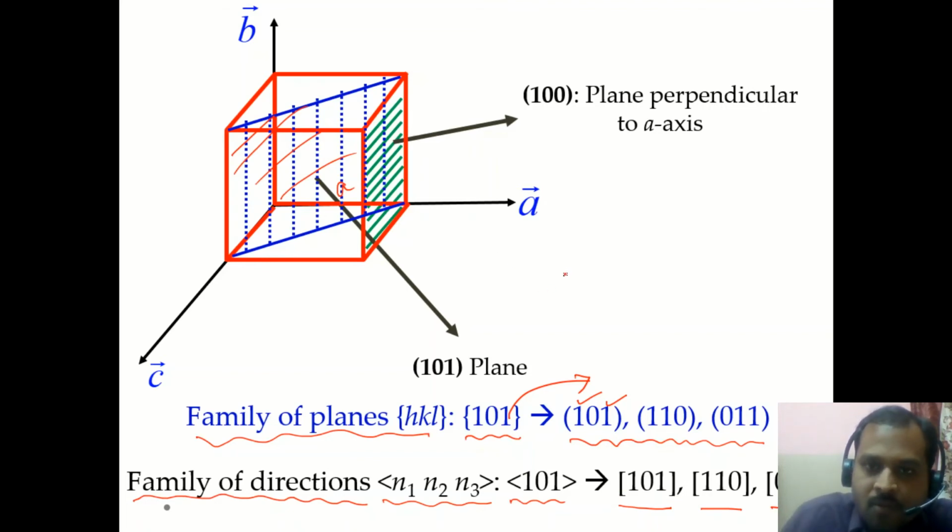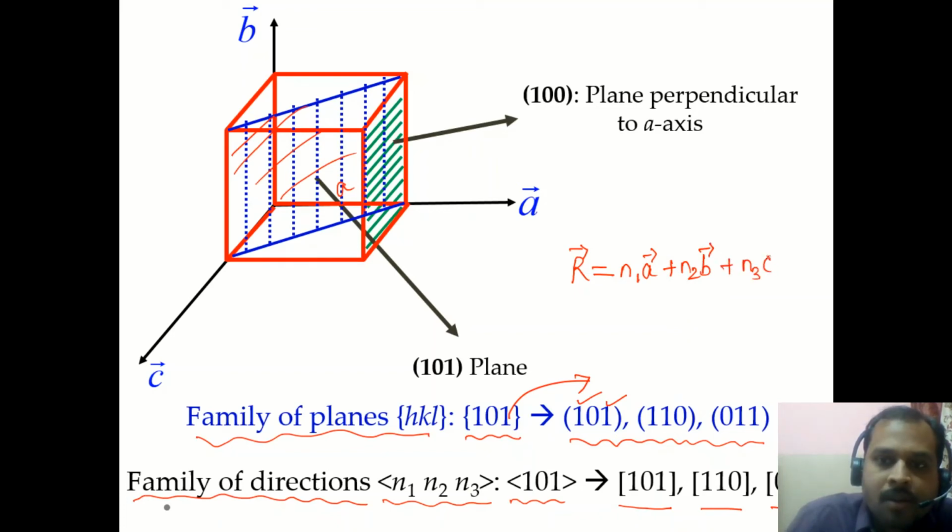If you remember, we had represented any vector for a particular lattice point in 3D space as n1a plus n2b plus n3c. So this n1, n2, n3 decide the direction for this particular vector,